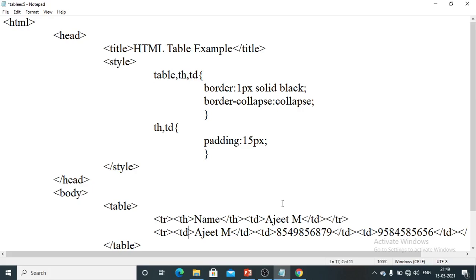Okay, no need to worry right now. So again I will go for another th. Th is there, it is wrong. So here instead of name I will give it as mobile number.